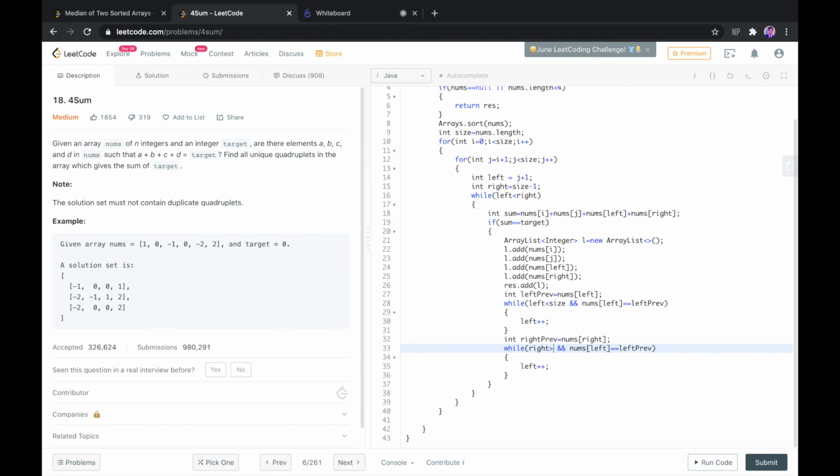It will always be compared to the left pointer that we had initialized, because it cannot cross that since we have this condition in place, left must be less than right. Right. So what we need to do is we need to decrement right.